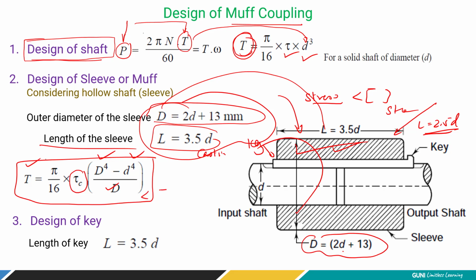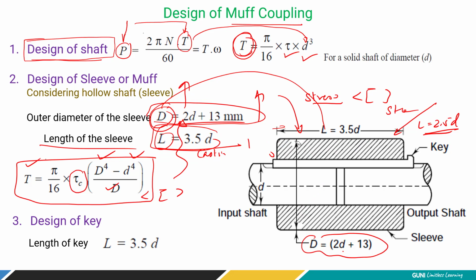If it is less than the permissible value, we can say the proportioned dimensions are okay. If not, then we have to increase the dimensions, either the diameter or the length. Mostly if it fails, we increase the dimension, because increasing the dimension increases the material thickness. Due to limitation of space, you cannot always increase the length. So to increase the volume, either increase the length or the diameter. Increasing the diameter is easier compared to the length, because length is limited by the connecting shaft.